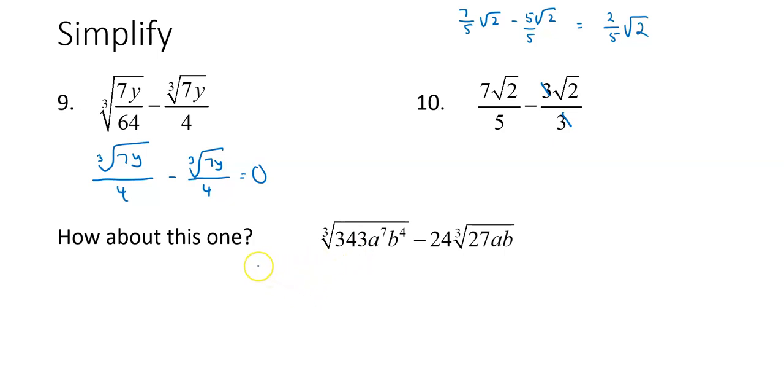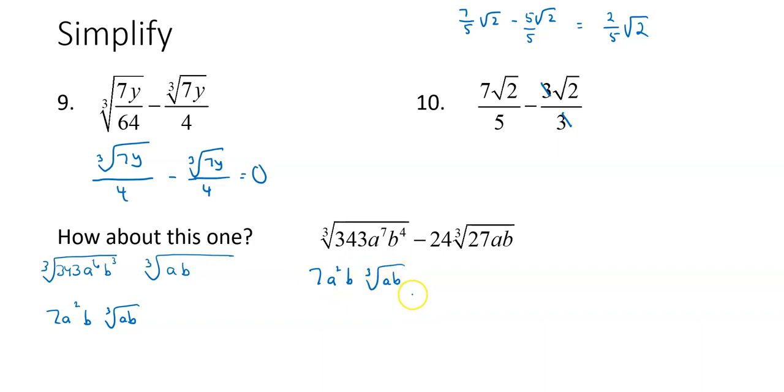So the cube root, if I do a perfect cube, not perfect cube, all 343 goes over here. The a to the 7th, I'm pulling them out in groups of 3. So 6 of them go here, 1 of them goes there, and I'm pulling out the b's in groups of 3. So 3 of them over here, 1 of them over there. We said the cube root of 343 was 7. Exponent, 6 divided by 3 is 2. 3 divided by 3 is 1. So this becomes 7a squared b,